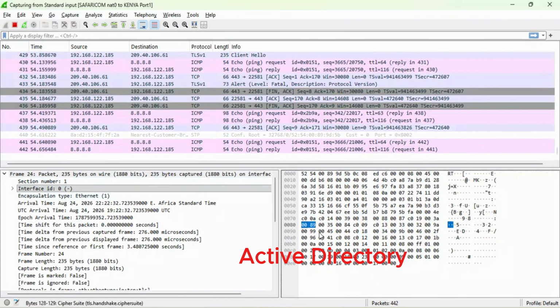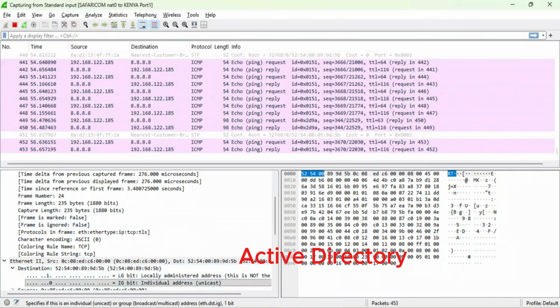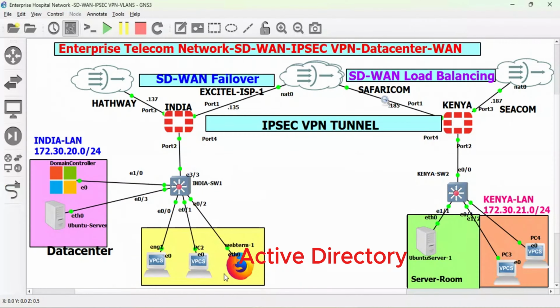So that is about packet capturing. So I have successfully configured the enterprise telecom network. The next thing, I'm going to simulate a project